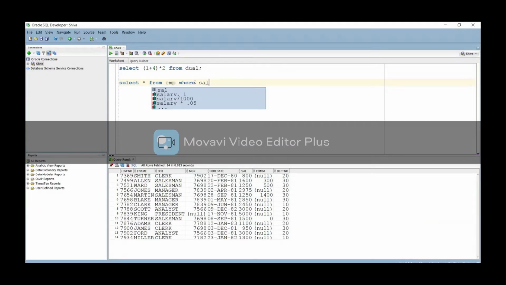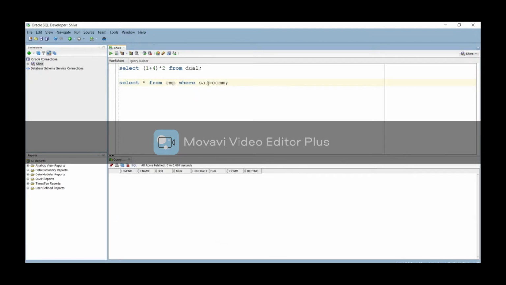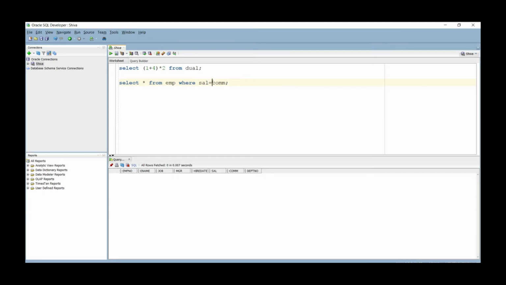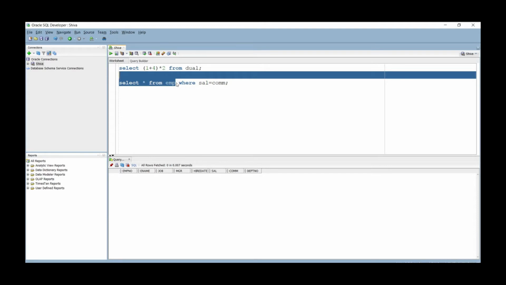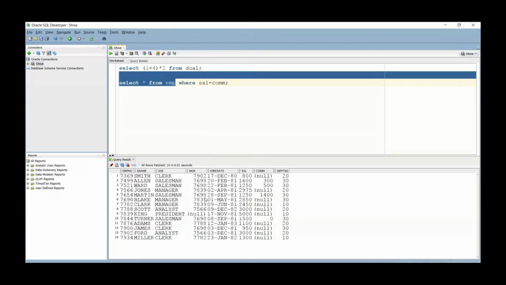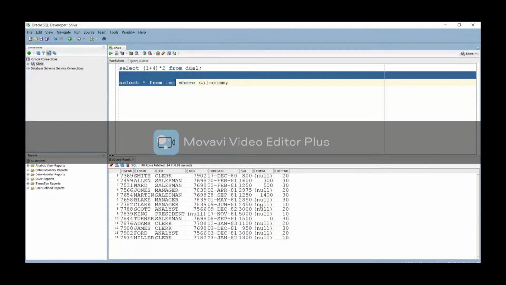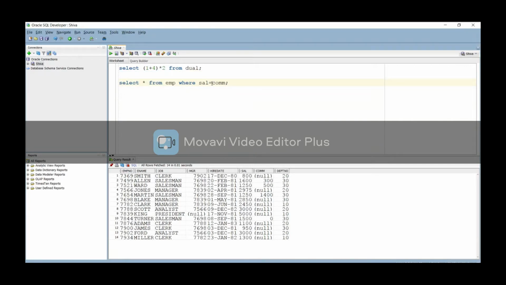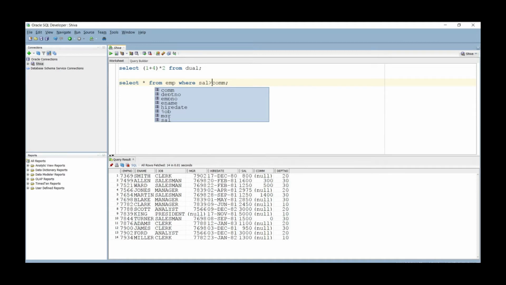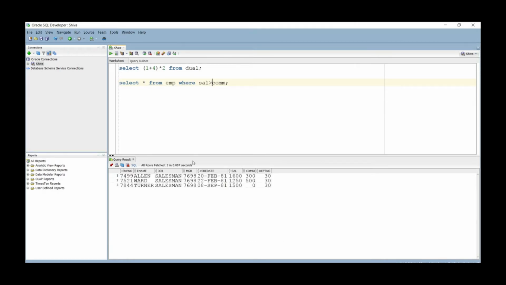Where salary equal to commission compares salary versus commission, and if any employee matches, we will get those results. We don't have such records here, since 300 and 500 don't match. If we want to see who is earning a salary greater than the commission, we will see some records here.